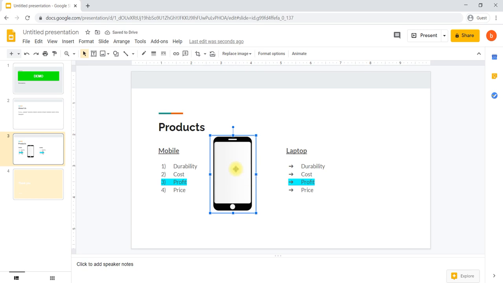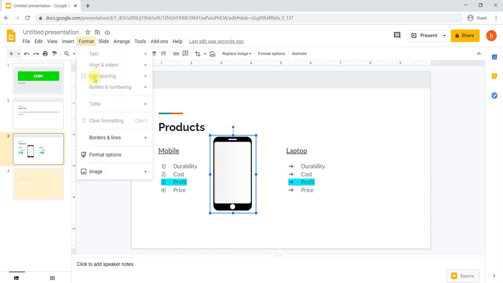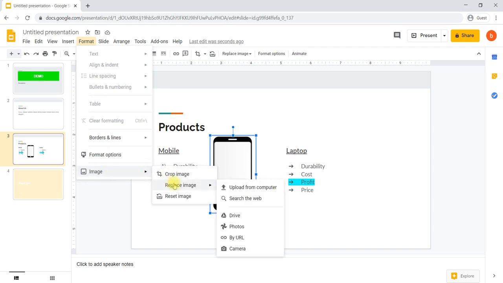inserting an image. Again, if you would like to format the image, then you can go to Format, then Image, then you can say Replace image. For example, if you would like to replace this image with another image, you can replace the image. Reset image, in the sense, if you click on Reset image, it will come to the original size. What you have done as cropping will be retrieved, in the sense you will get the original size.